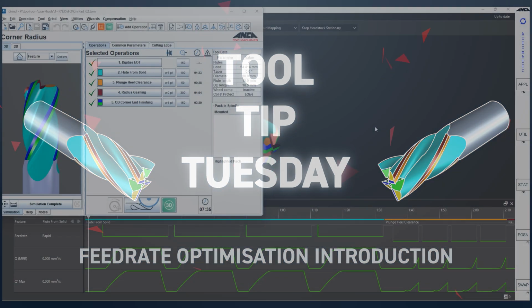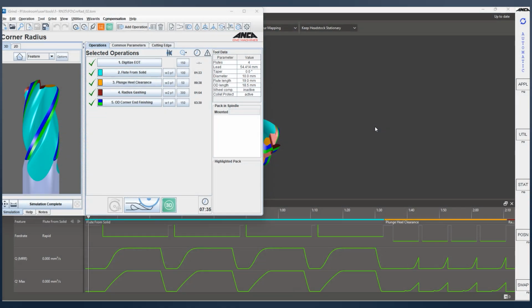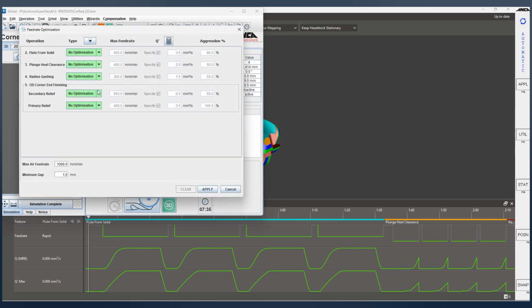A series of tooltips will be done on feed rate optimization and how we can improve your performance and productivity on the machine. So Toolroom RN35.1 has been in the market for quite some time, more than 3 months, and one of the main features to get better cycle time is the feed rate optimization. So this is an option in RN35.1 where you can eliminate your air time and improve your feed rate.